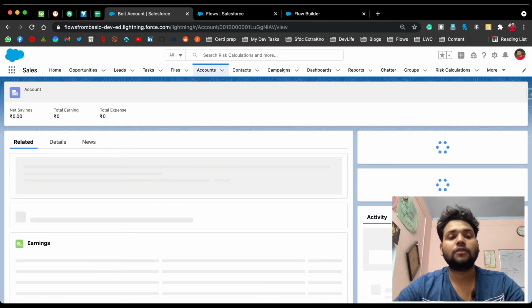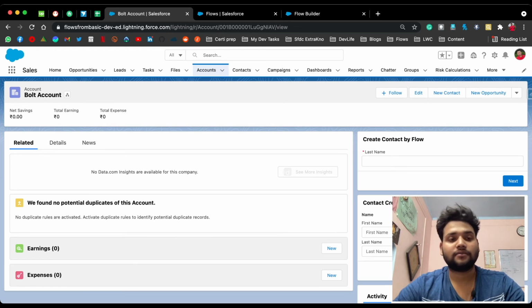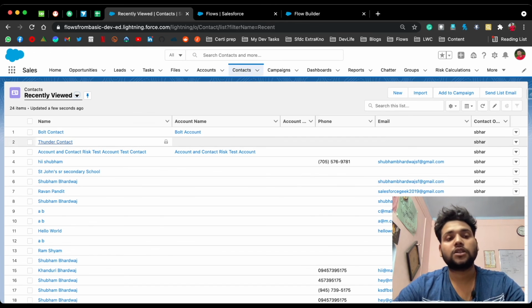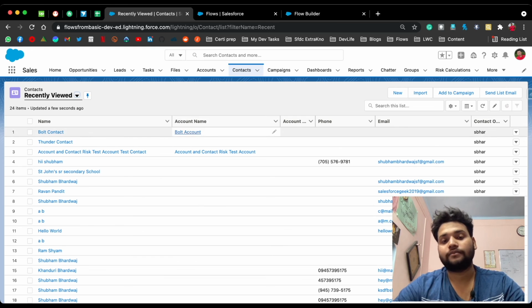Let's click on Bolt account, and now let's click on contacts, and you can see the Bolt contact is also there, and this time we also have the account name. That means our contact is also related to this account, and our custom object is also related to the account. So that's how you can do this scenario.